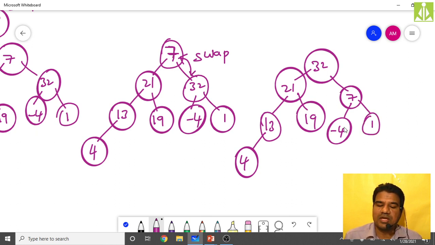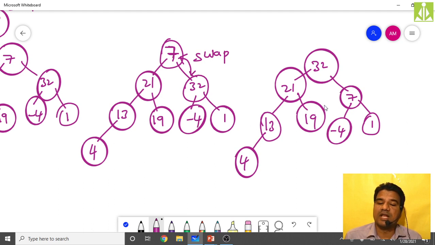See, again, you have to do this type of comparison till you reach the leaf nodes. Now you compare this 7 with this -4 and 1. And 7 as it is greater, don't do any swapping. If at all any of the children is having the maximum value, do the swapping. Over here, no children is having the maximum value. Root itself having the maximum value, so no need to swap. Maintain as it is. And we reached the leaf node, so we don't do anything further.